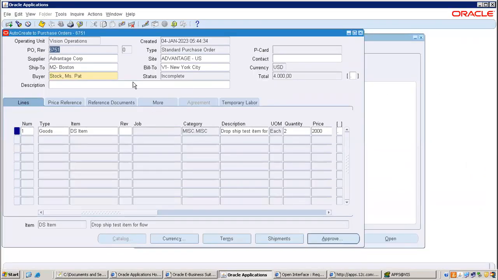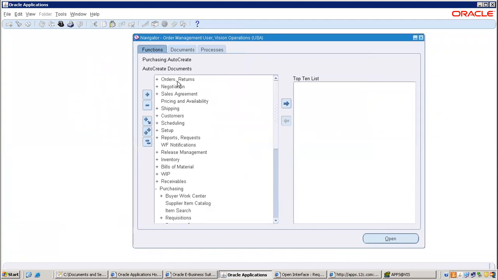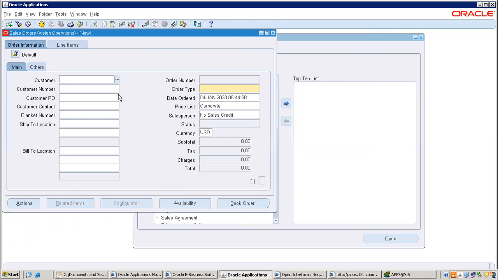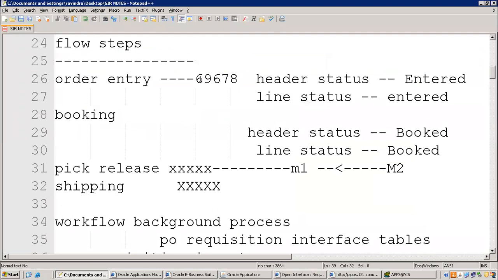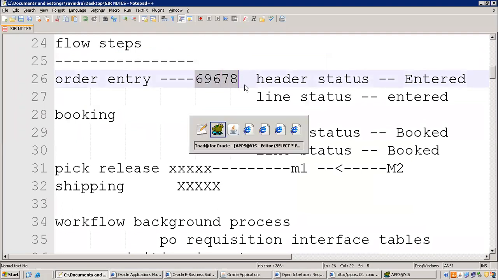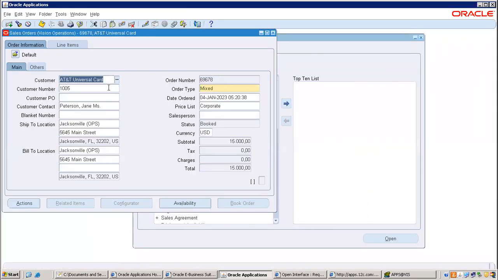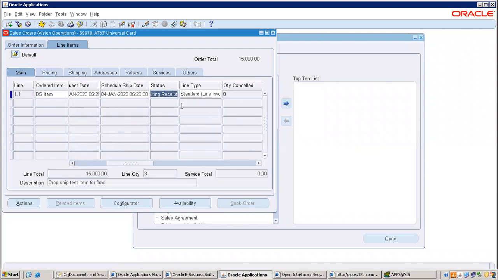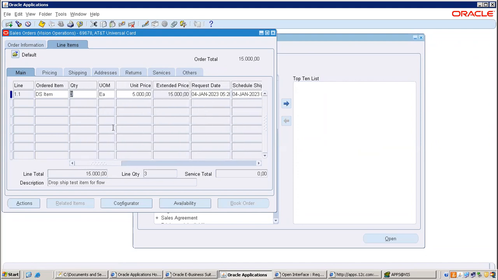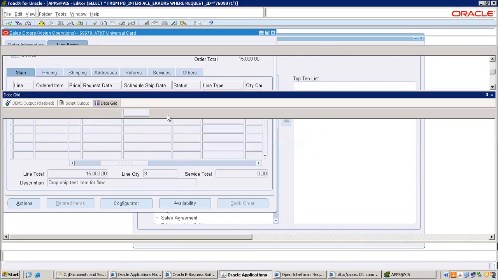If you modify the sales order level also, then again it will impact over here. For example, I am checking the sales order now. This is the sales order. Go to line items and check here. Still awaiting receipt only. And here the quantity is 3, correct? I think this is another sales order, is it? Same only. Awaiting receipt. Okay.